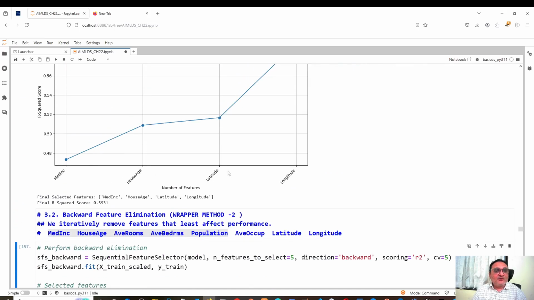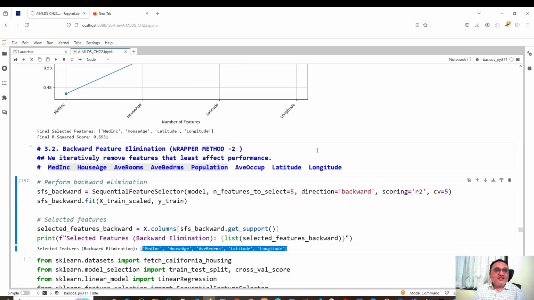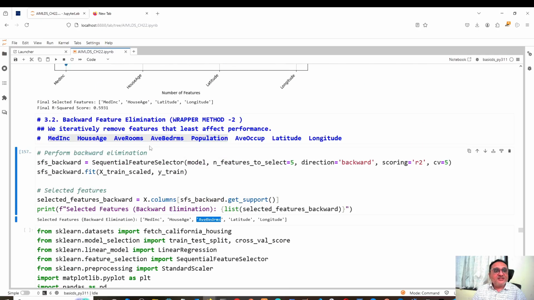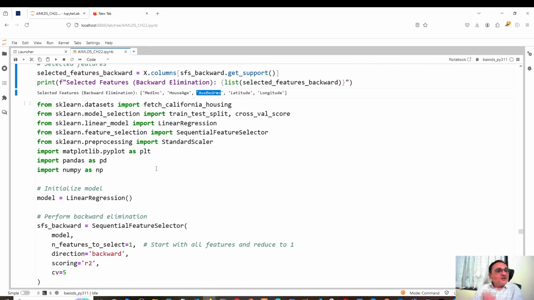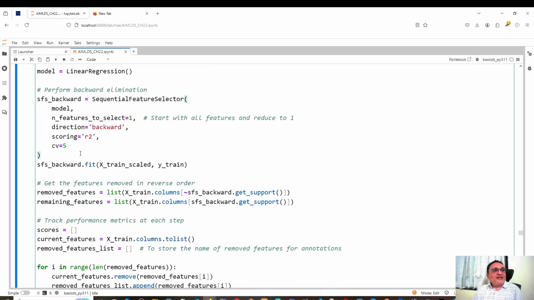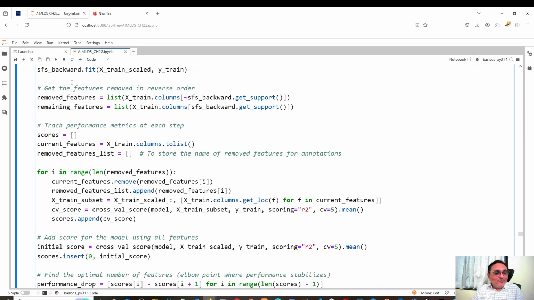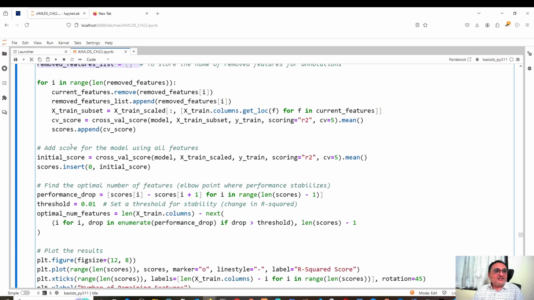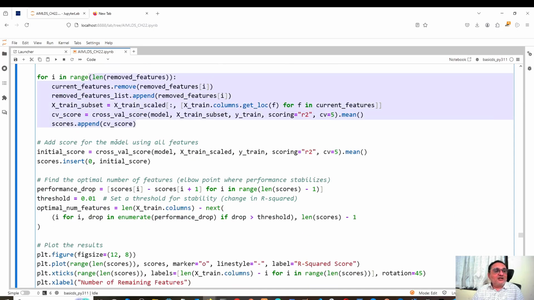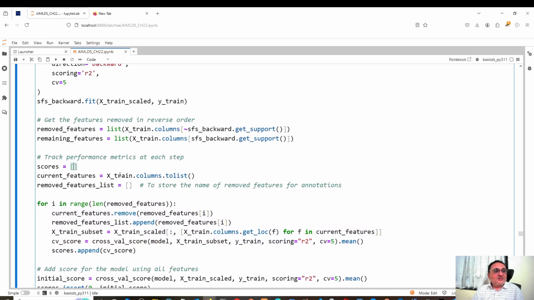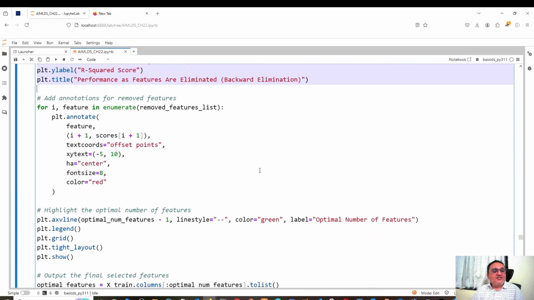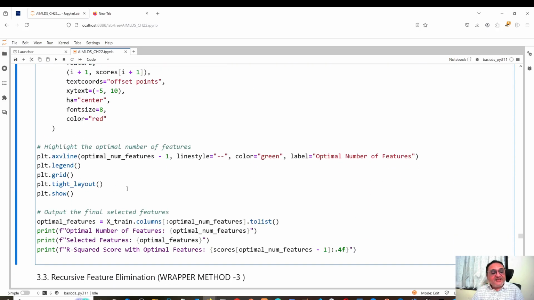Previously I selected only 4, and I got median income, house age, latitude, longitude. Here I am getting all the same, but only 5 I am selecting. So average bedrooms is one feature which is added. Now here also, if I want to add all those frills, then I can do that, and that means create one empty list for score, create another empty list for removed features, and then go on removing features one by one, go on finding R square, go on storing it in this list, and also go on plotting the figure which will display the performance with removal of each